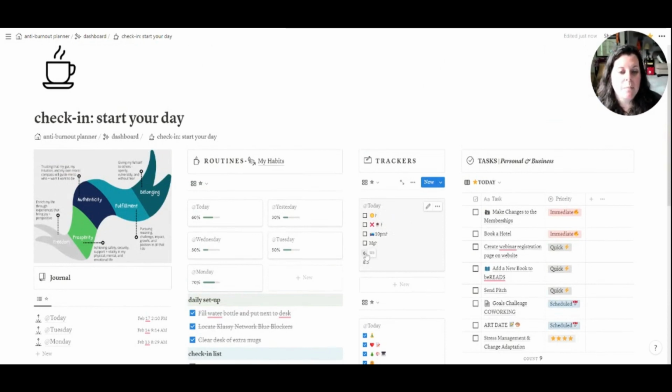So what I do is I plug in these numbers and then I check in with, did I get time outside yesterday? That's what sun question mark means when I see it. And I didn't necessarily get outside yesterday because I was recovering from being sick. The next thing is, did I not drink coffee past 2 p.m.? And that is true. Did I go to bed by 10 p.m.? That is also true. Did I have my magnesium supplement before I went to bed? I actually forgot to last night, so I did not. So I check in on all of these things. And again, these all get pulled into my weekly review.